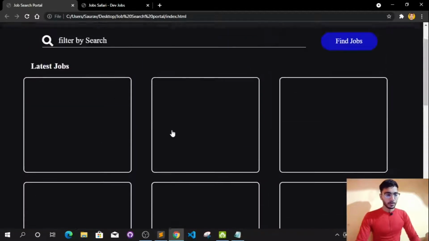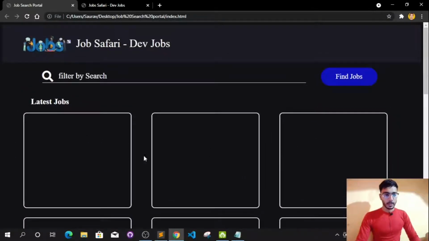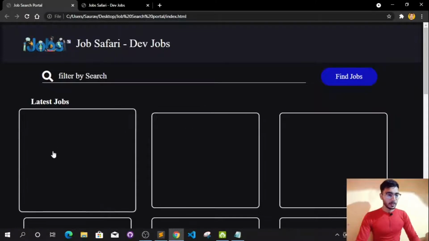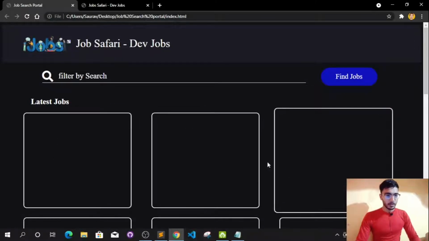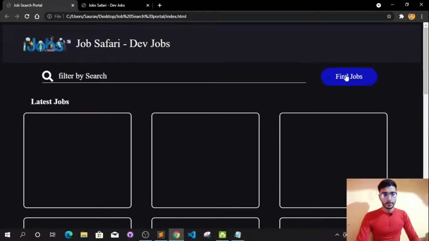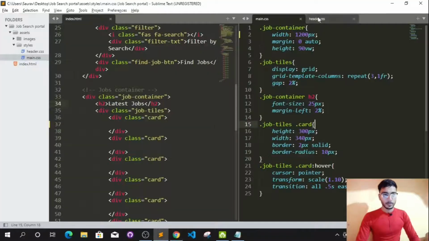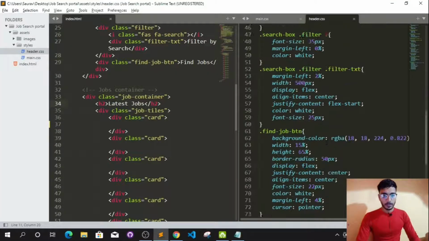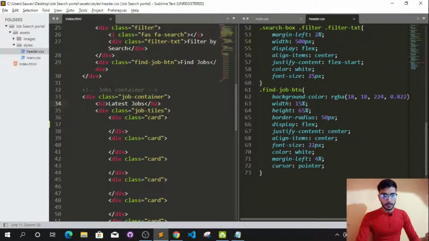So now we will add some styling to these cards. So come here, but before that you can see this find job button. I want to change the color when somebody hovers over this button. So to do this, I will come here in the header.css and search for the button. This is the button. Copy this,